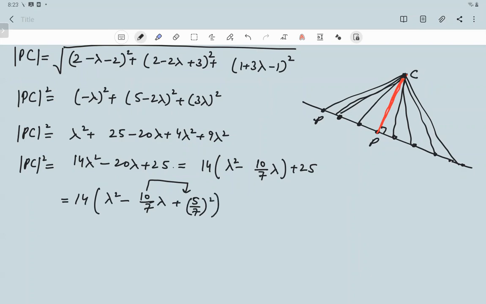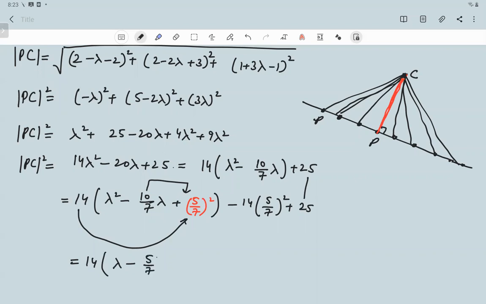That completes the square. And since we have added this quantity ourselves, we have to subtract it. But bear in mind that this quantity is being multiplied by 14 as well. So we have to subtract 14 times (5 over 7) square. And this 25 will also be written over here. And now 14 is equal to (lambda minus 5 by 7) whole square minus, when we simplify it,